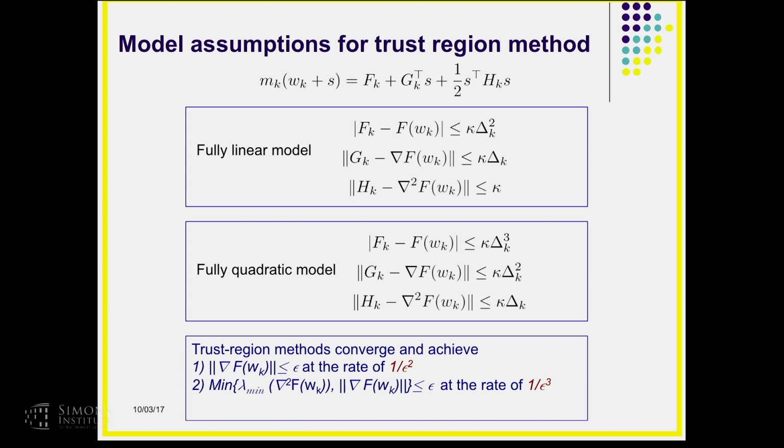It means that if my displacement is of the order of delta from the current center where I'm expanding my model, then the function value changes as the size of this displacement squared, right? This is the typical Taylor model